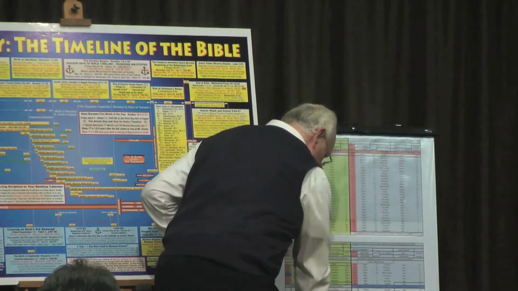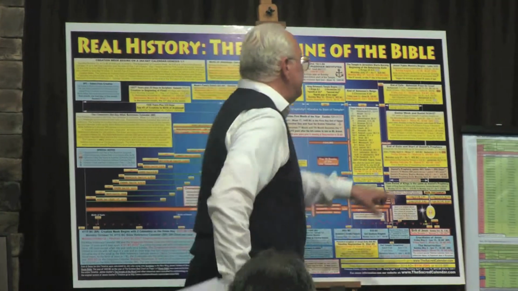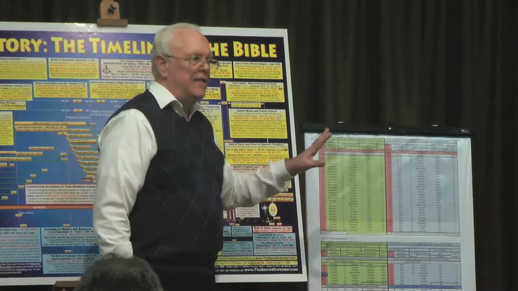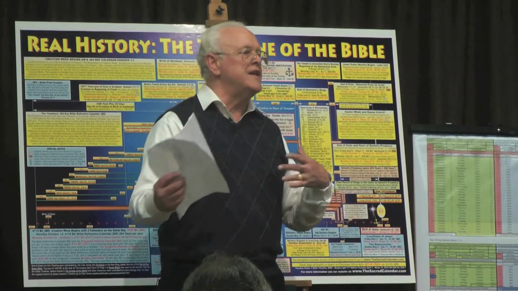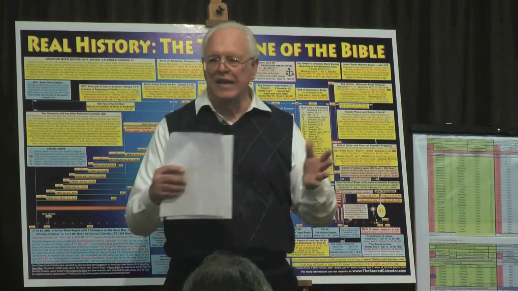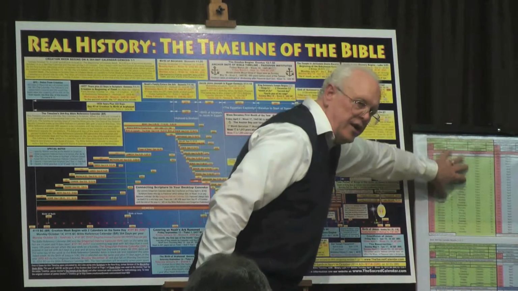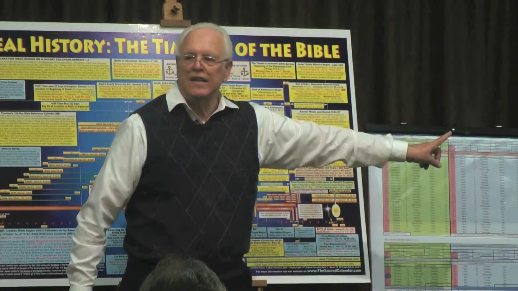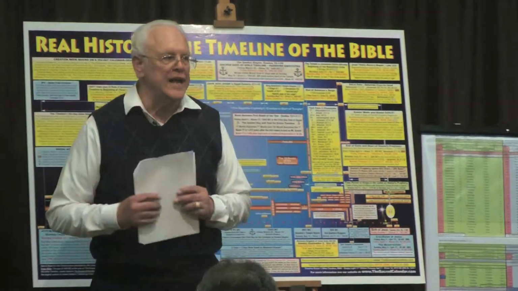This green calendar is the calendar in the book of Genesis. That's very important. When it says the first month, it's the month of Tishri. And we're going to go through this. When it gives the events of the flood, it'll name the number of the month, and it gives the day of the month. That's all over here. Don't get that confused with the Exodus calendar. Does that make sense? We got two calendars.